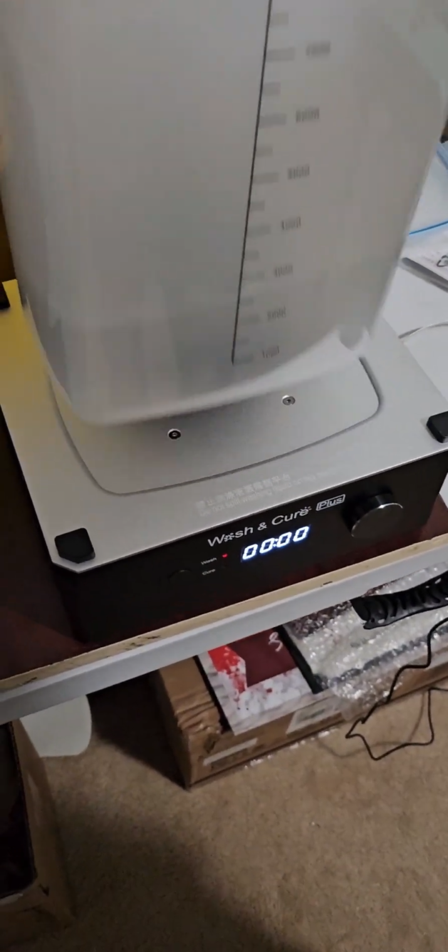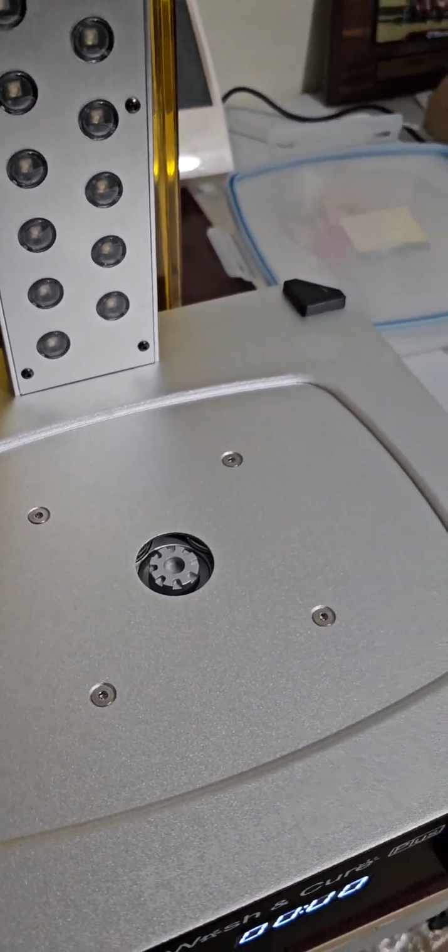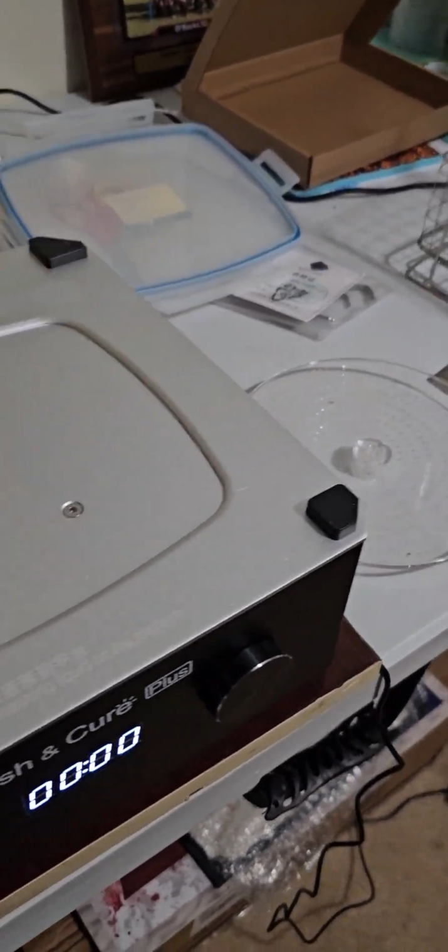So what's crazy is that piece is actually built into this. I'll show you in a sec. Let me let that drip off a second. That part is actually built into this actual container here, because I can lift this container. It's inside there, and it just magnetizes to that rotor right there. Let me set this to the side,